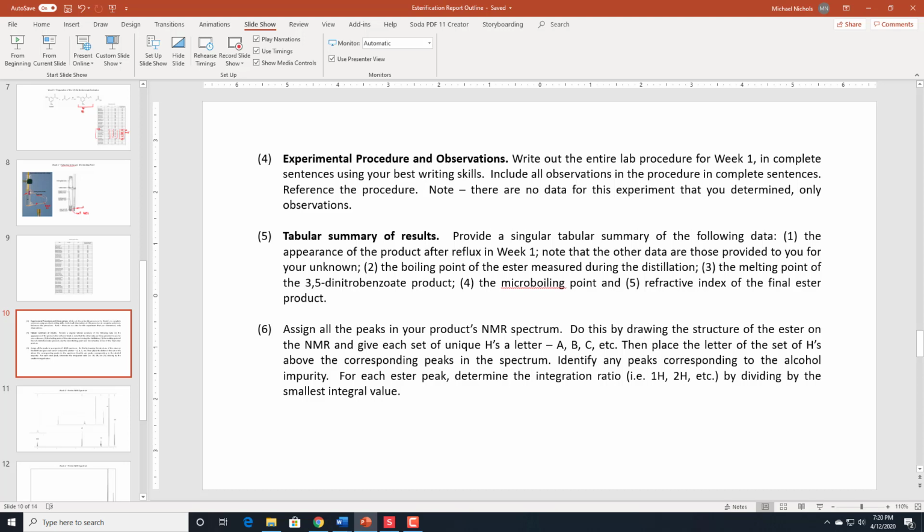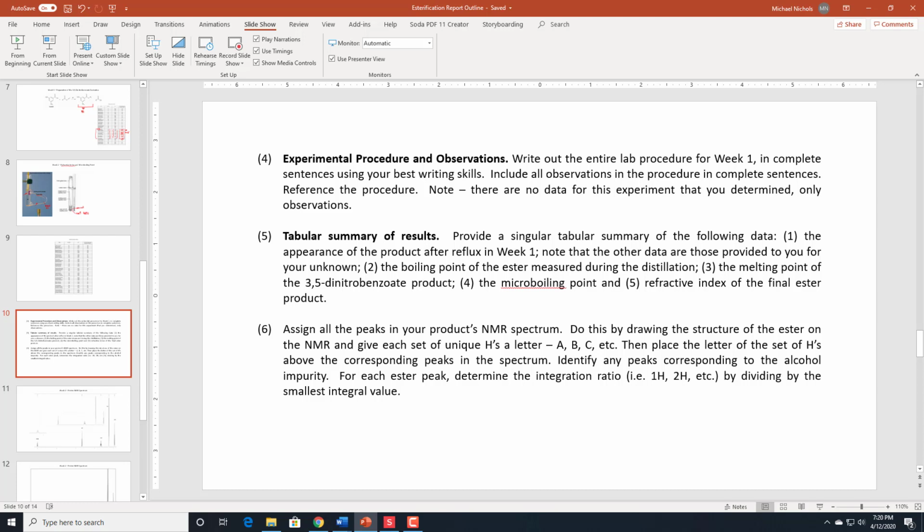So you're just going to include that in the table. The only data that you will have is the observation of the appearance of the product. Then what you're going to do is you now have basically a list of potential unknowns. And you might be down to one or two, but the ultimate determination of the product's identity is going to